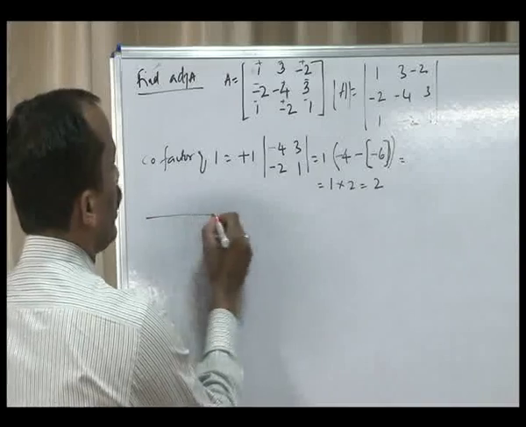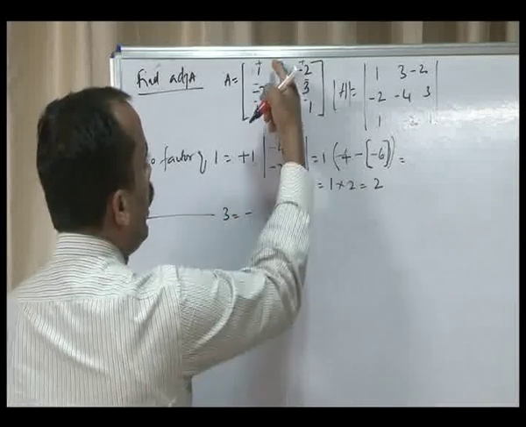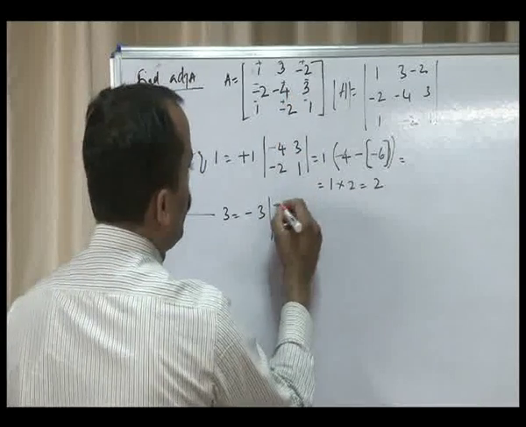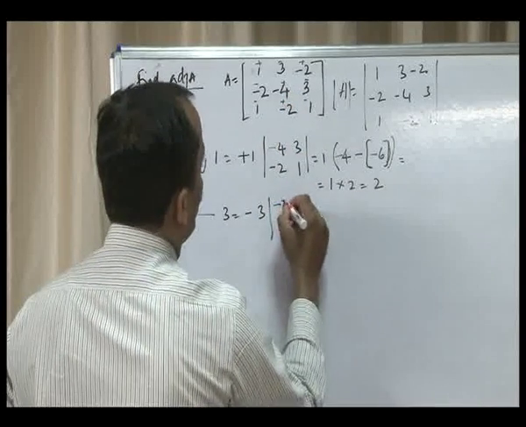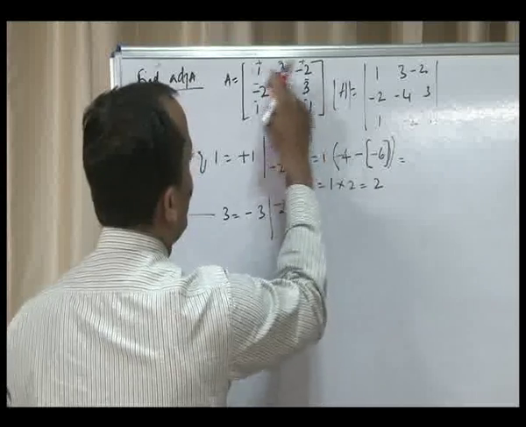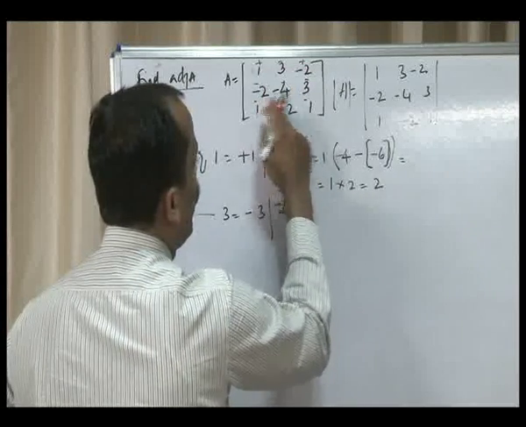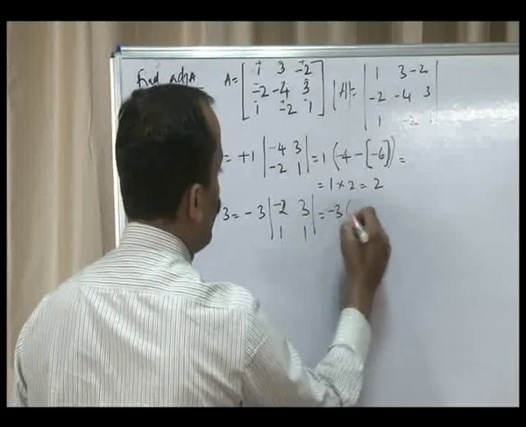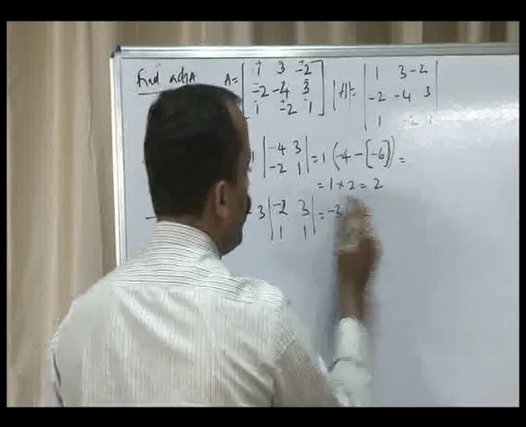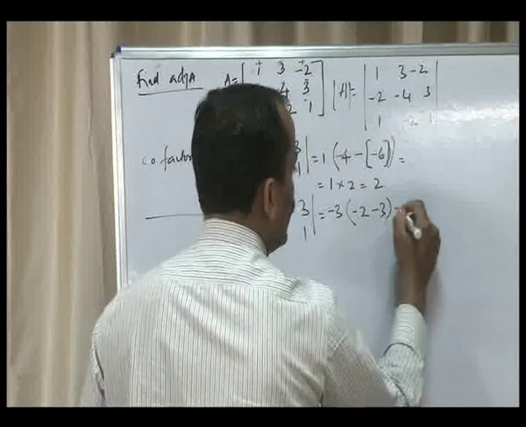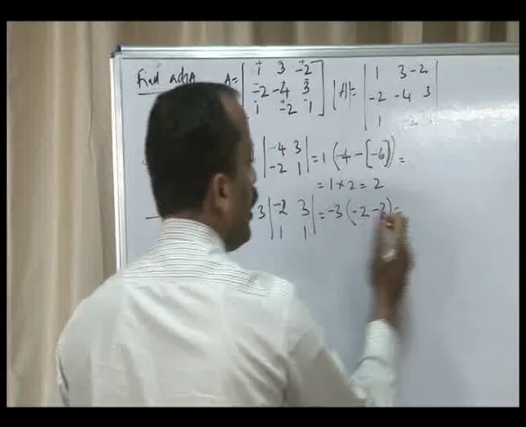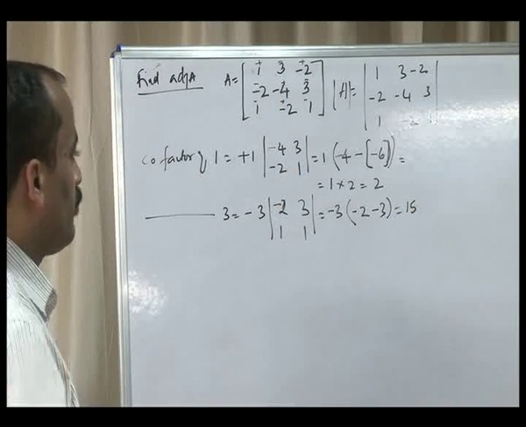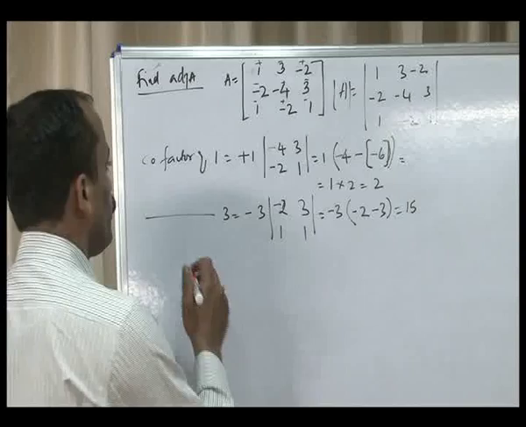Similarly, cofactor of 3 is equal to minus 3 into. This is the second column of the first row, so we delete that row and column: minus 2, 3; 1, 1. That is equal to minus 3 into minus 2 into 1 is minus 2, 3 into 1 is minus 3, that is minus 5. Minus 5 into minus 3 is 15. Next,